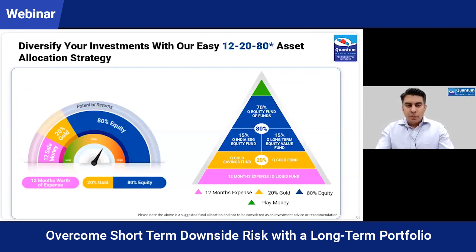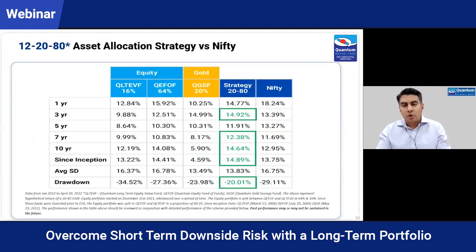Given that we've already spoken about this, that you should diversify despite the fact that we think equity is likely to do well and benefit from the upswing in the economy, there are also risks. So you diversify in the 20-80 allocation. And I know that many investors say, yes, we understand why you're saying 20-80, but we need more evidence. And here is the evidence that we're talking about.